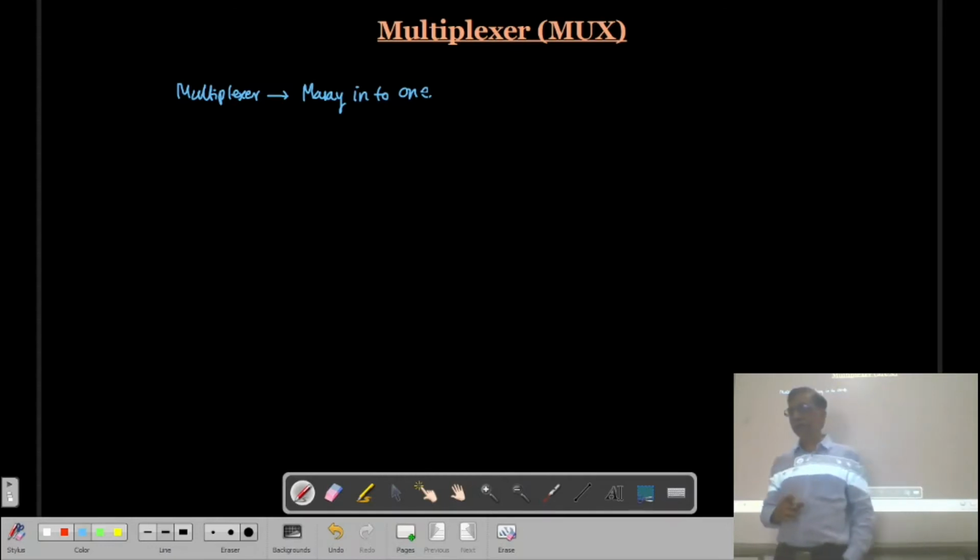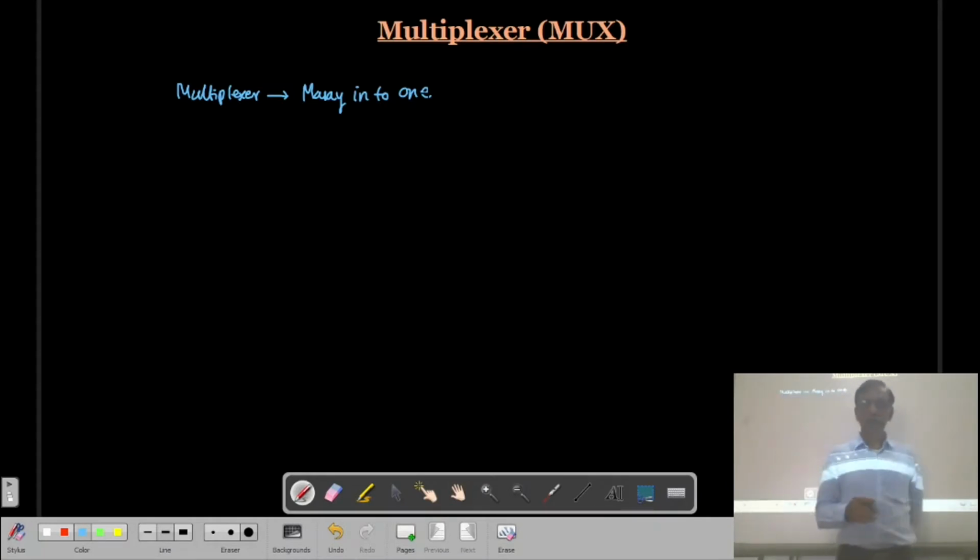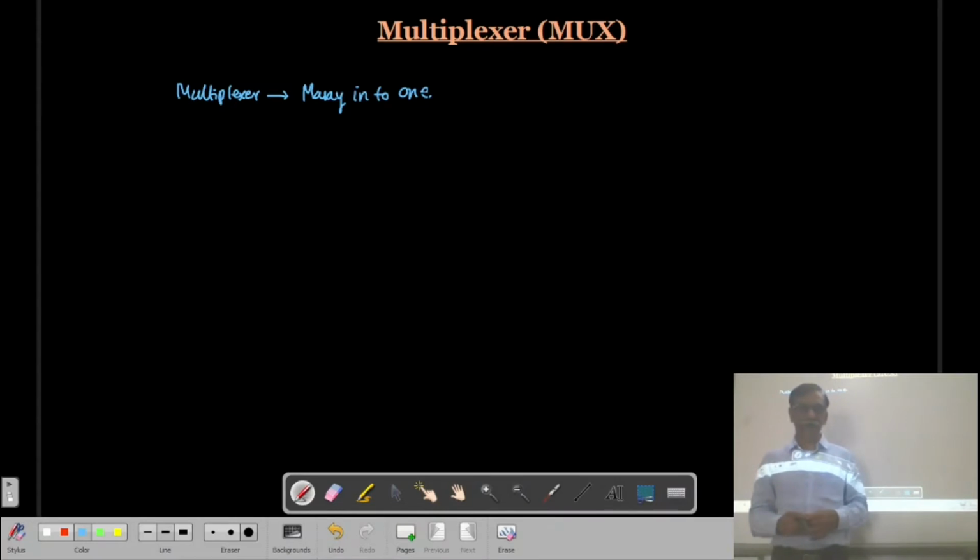Multiplexer circuits are used for making other combinational circuits. If you want to design a half adder, full adder, or subtractor circuit, then multiplexers are useful. Any kind of combinational circuit we can generate using multiplexer circuits. Multiplexers are also used in digital communication. We have a number of channels, and if you want to select one of the channels at the output, then with the help of the multiplexer you can select that channel.